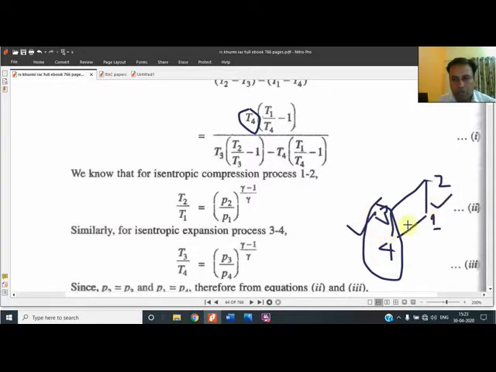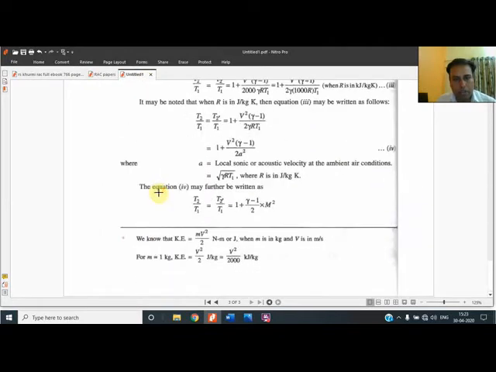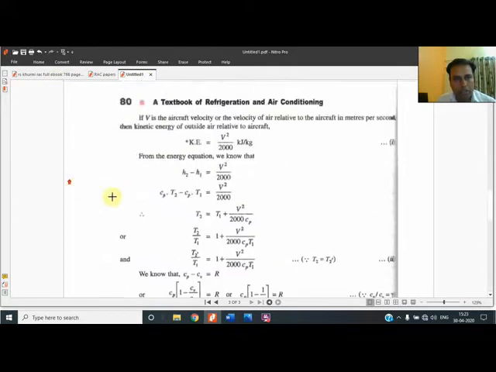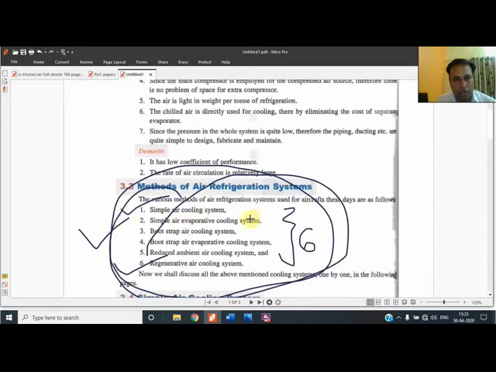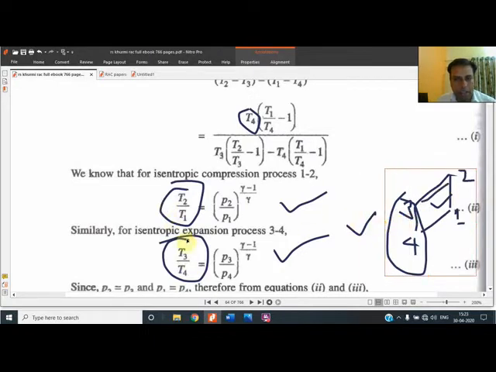Whenever there is an isentropic process, they have used this formula, because this is the key thing you should learn. You can solve all the questions of air refrigeration when you know this, because, as I have told you, all the air refrigeration questions are based on this key formula: whenever you get a vertical line, you have two vertical lines, then you have to use this formula.